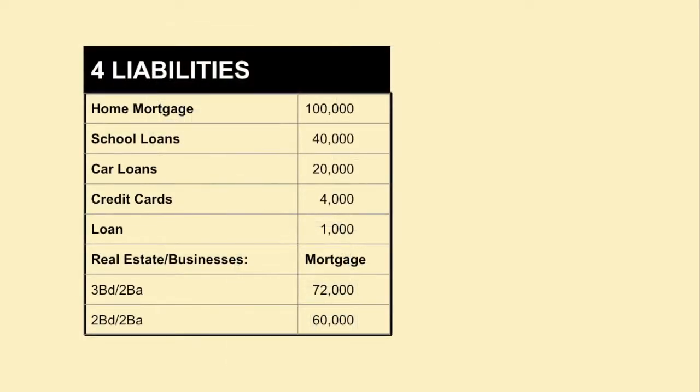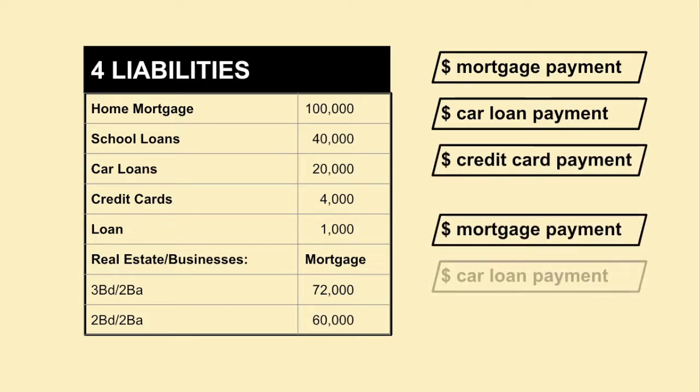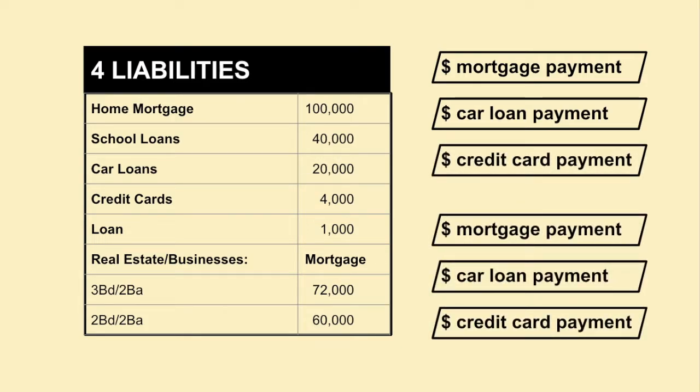Then how about liabilities? Liabilities are simply the debt you are carrying, which generally also requires a monthly payment to pay it back and cover the interest. It is a constant expense on you until you pay it off. Examples include your primary home mortgage, school loans, car loans, and credit card debts. And you know what? If you bought an asset with a mortgage, for example, a 3-bed, 2-bath rental property, it is your asset, but the mortgage part also becomes your liability. We will cover that later on.